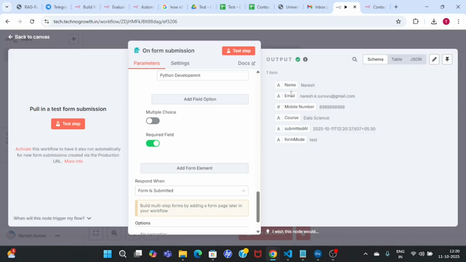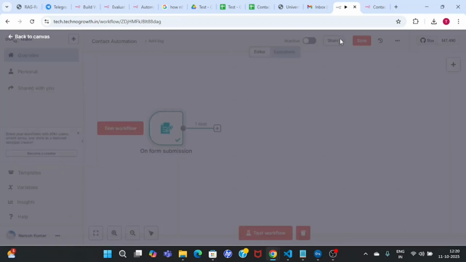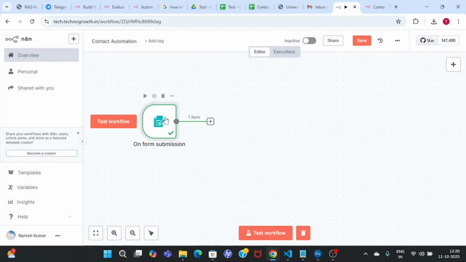Name is Naresh, email is this, mobile number is this, course is this, and submitted at this point of time, right? So our form is working fine. Now our next step should be, we need to store these values either in a database, right, or in a